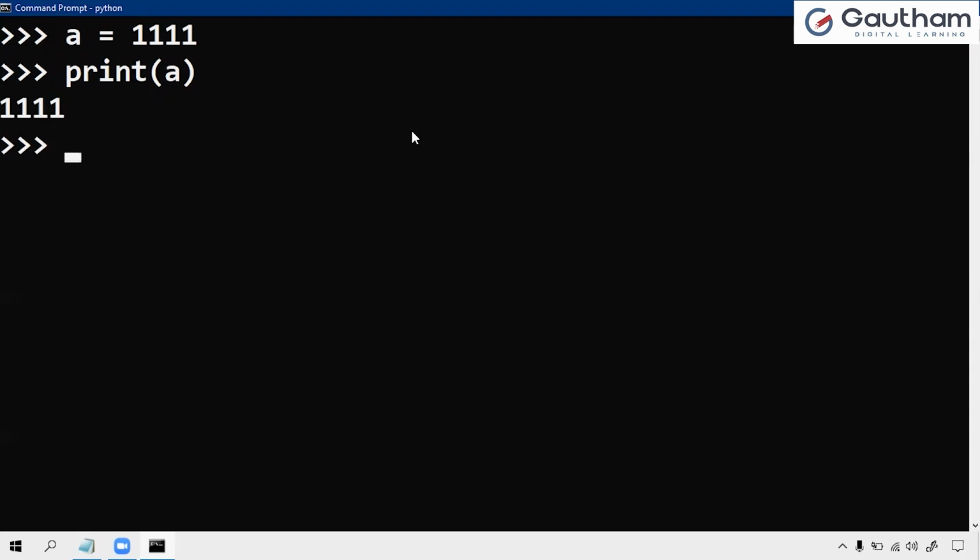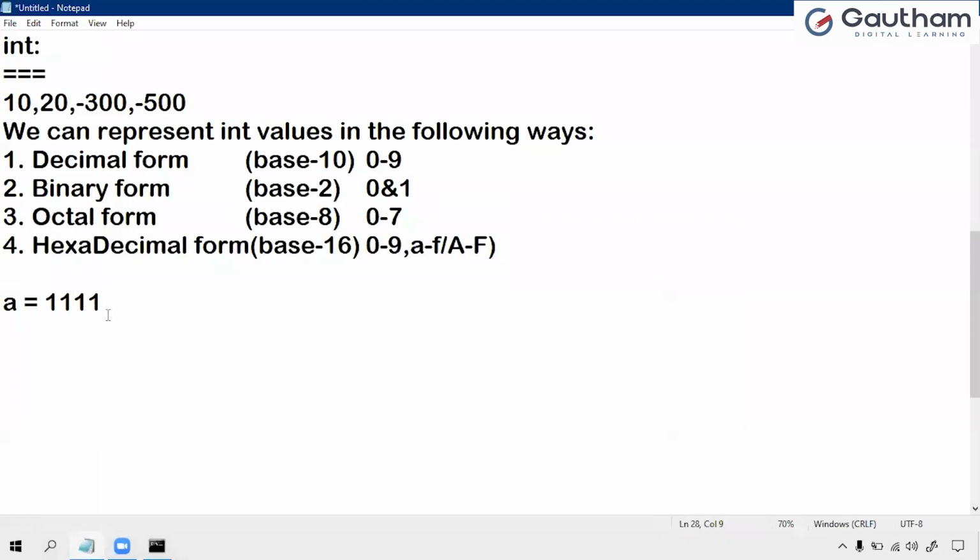If you want to represent data in binary, octal, or hexadecimal form, we have some prefixes. Based on the prefix, we define binary, octal, or hexadecimal. Otherwise, by default, it is considered as decimal form. Right? So, literal values should be prefixed with